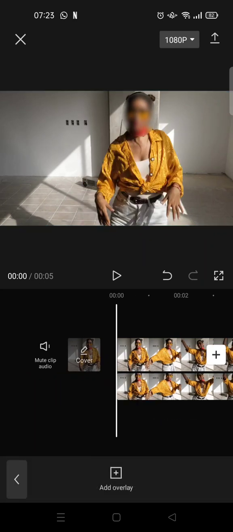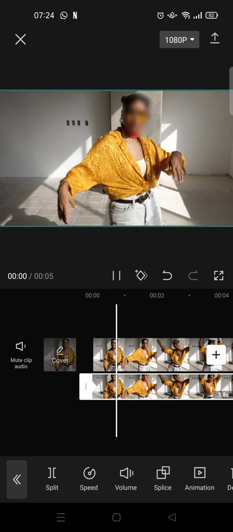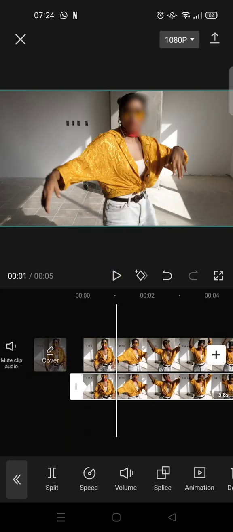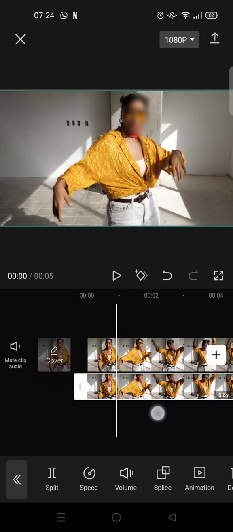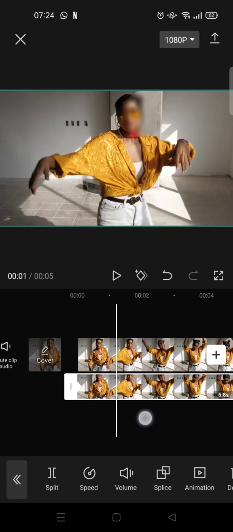So here, go to the beginning of the video, and then click on add keyframe at the top, and then you can just move. Okay, so here you can move to the next spot and choose. Okay, you can see now the face is not covered, so if you want to cover it, you can just click on another keyframe. So you can just click on add keyframe again,